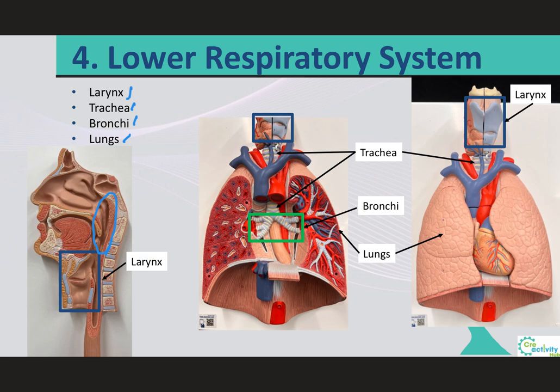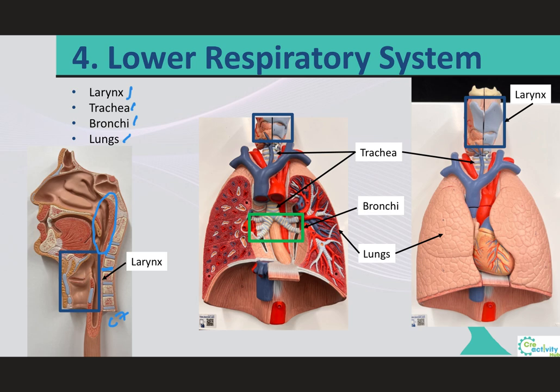lungs. Now, the larynx will begin at the level of vertebra 3 or 4, and it will end at the level of vertebra 7. Now, do you need to know these vertebrae and the location? Not necessarily, but just so you have an idea, I want you to realize that the larynx is located within the cervical region. It is essentially a cylinder which will have cartilaginous walls that are stabilized by ligaments or skeletal